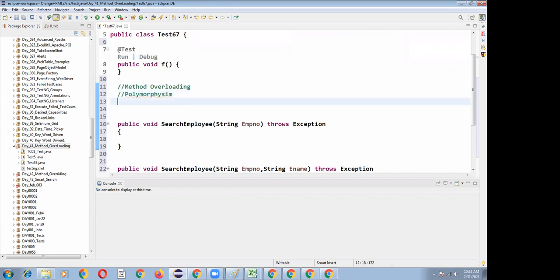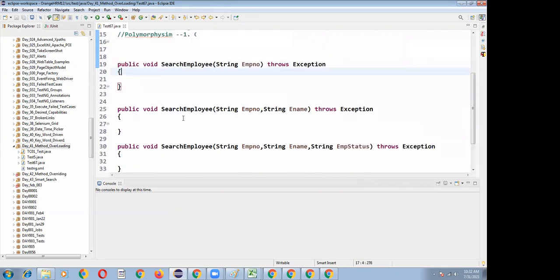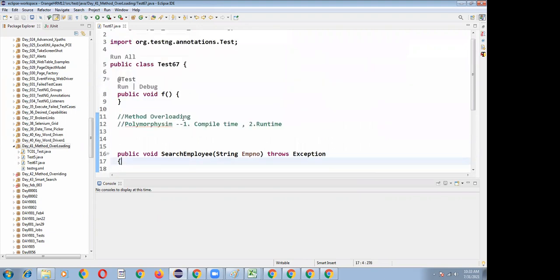In polymorphism there are two types: one is compile time polymorphism, and the second one is runtime polymorphism. The concept I just told, writing the same method name multiple times within the same class, is known as method overloading, and we can also call it compile time polymorphism.